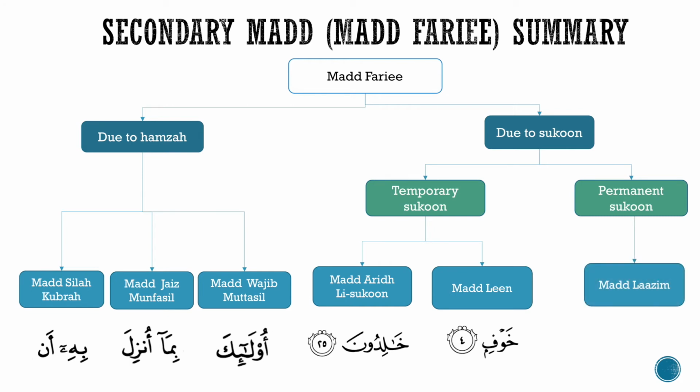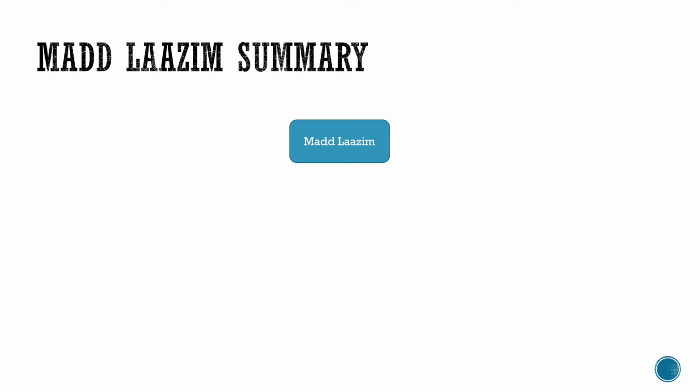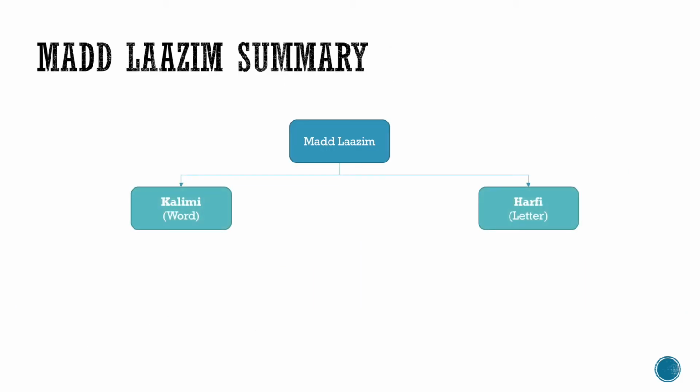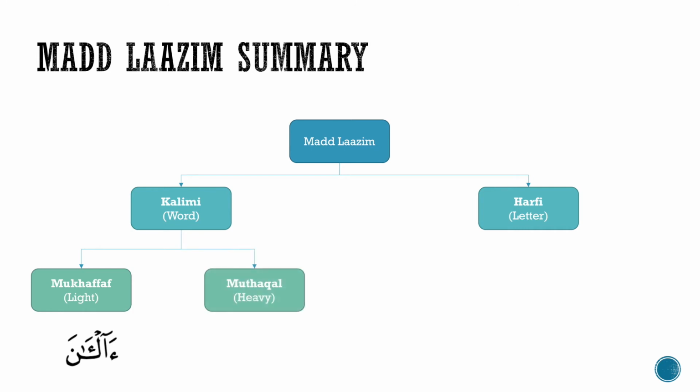And permanent sukoon, the type is mad lazim. The mad lazim, to summarize this, consists of 2 branches, mad lazim kalami and mad lazim harafi. Mad lazim kalami consists of mukhaffaf. Example of this is al-ana, which comes up twice in the Quran. And kalami muthaqqal. Example of this is